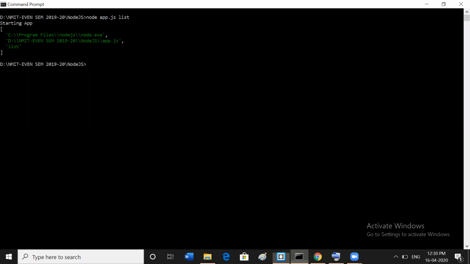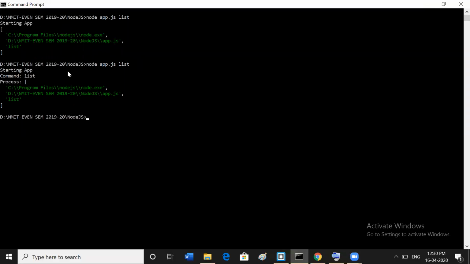Now execute the same code here, node space app.js list. See here, compare this one and this one: starting app is the first console. Command is printed, it accessed the second position value, list, and it is printed here along with the process output. Then go back to the editor.